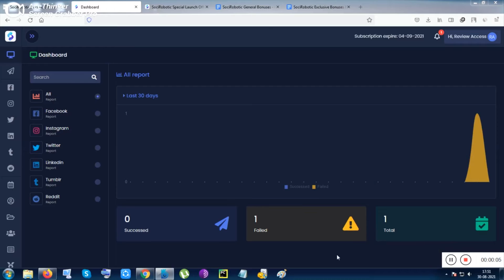So this is an amazing tool with so many features, like all of the social media features is given inside one dashboard, and the social media marketing can be done inside one dashboard. Inside this video I will show you all of the features, like main features and additional features of Shoshi Robot,